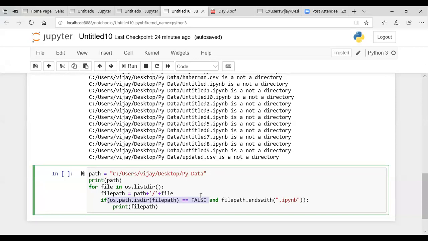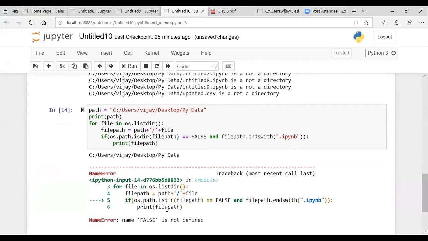I am concerned with only the files which end with the extension ipynb. So first of all, I'll be checking that it should not be a directory. We are checking that in the first condition, saying that os.path.isdir of that complete file path is equal to false. So that means it is a file, it is not a directory. And then the second part we are defining in the condition is file path dot endswith. So endswith is a method used to determine that your file should end with this extension .ipynb. If both the conditions are true, then it will give you the file path, that means along with the path which you have defined. So if you execute this here, am I going wrong here?